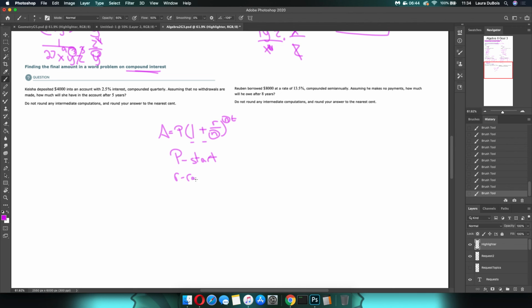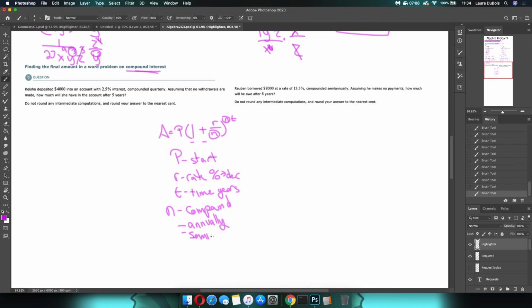R is your rate. You have to take it as a percent and convert it to a decimal. T is our time. There's no weird ones here. It's always going to be done in years. And now N is the new letter. N is your compounding. And instead of giving you a number here, they're going to give you a word. So the words they give you are annually,